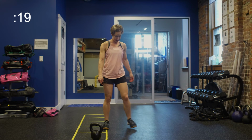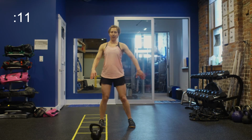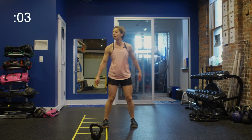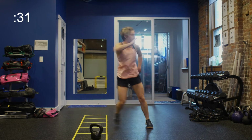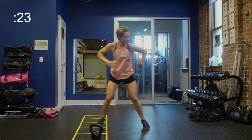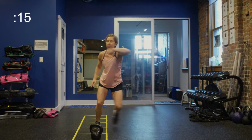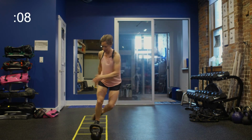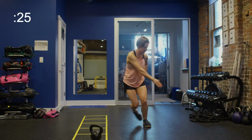Shake it out. X-Gators. Bring in that lateral bound into action. 2 seconds. Big X. Bringing the arms into the action adds a little something, something. Ooh,